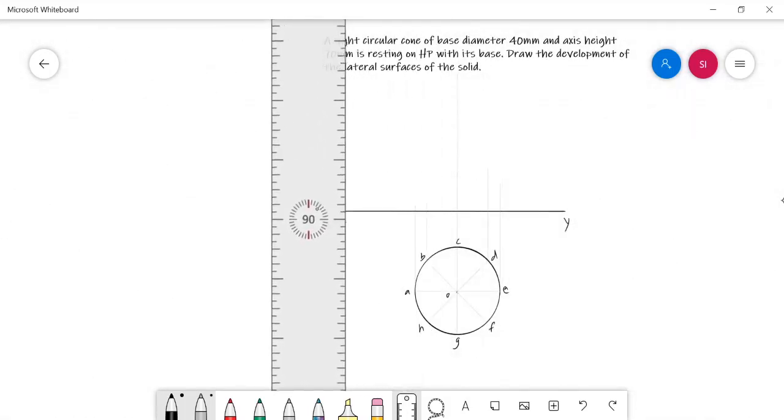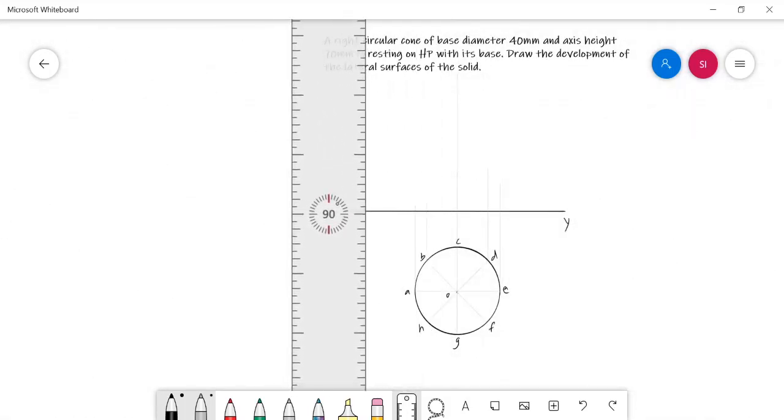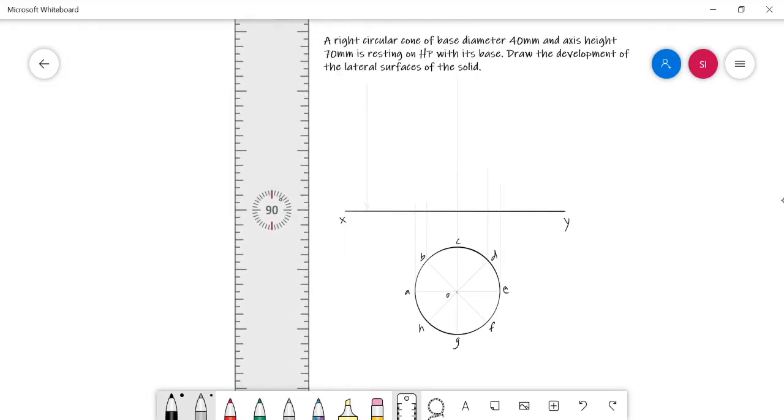The axis height given is 70 mm, and the base diameter is 40 mm.